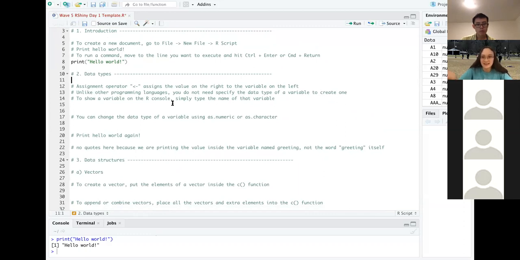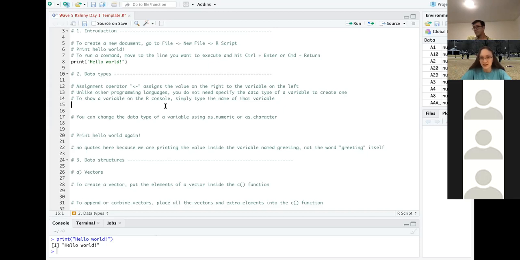Data is just stuff that's being stored in a program or a computer. There are a few different types of data: there's numbers, there's text, there's true or false values called booleans, and so on. We're going to introduce the concept of a variable. A variable is just a name for a value in programming. It's like a variable in algebra, like x, y, z. If you say x equals 1, x is a variable. We can name variables anything we want.